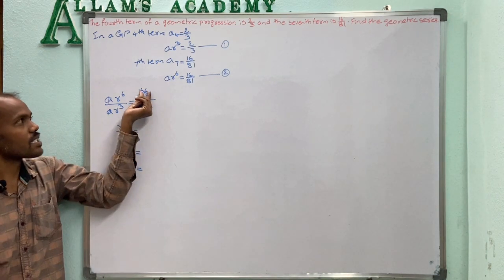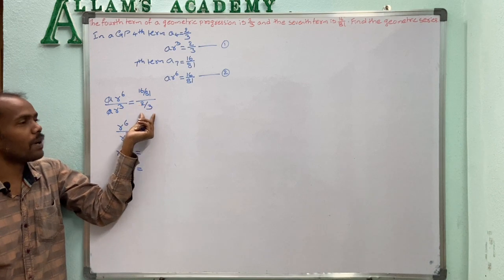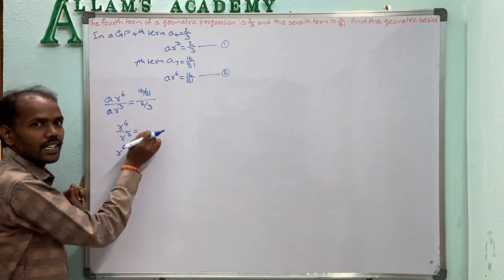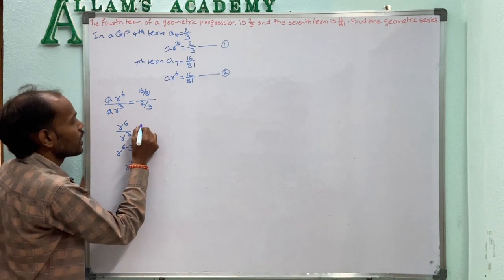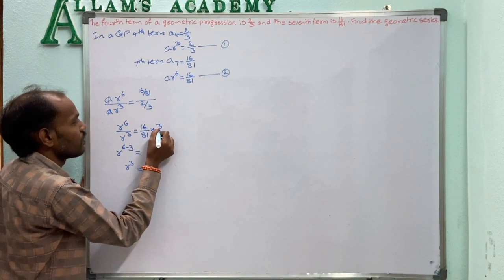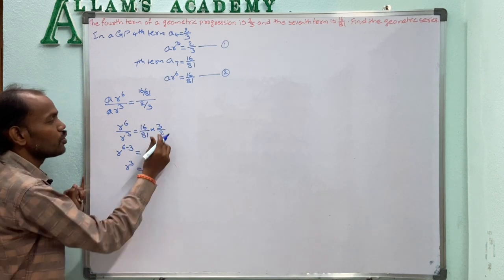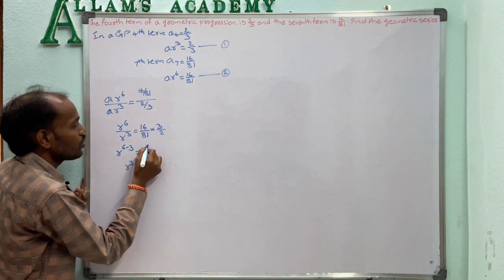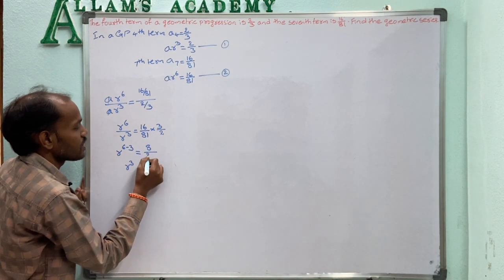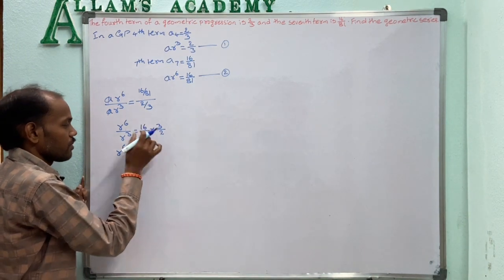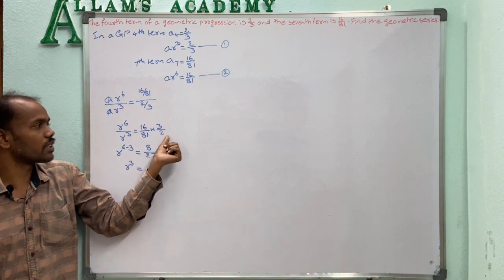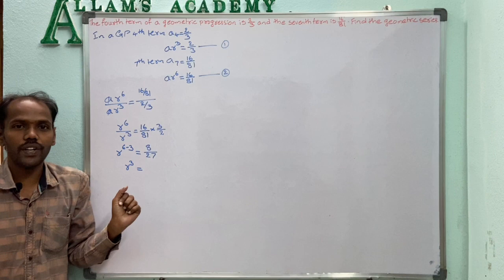Now simplifying the RHS, (16/81) / (2/3). The denominator is in fraction form, so we have to multiply with its reciprocal. So 16/81 times 3/2. 2 ones are 2, 2 eights are 16; 3 ones are 3, 3 twenty-sevens are 81. The simplified form of 16/81 times 3/2 is 8/27.